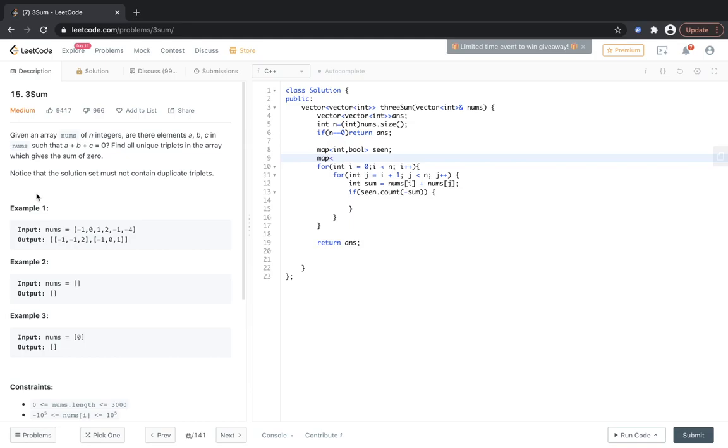since we need to return a unique set of elements, like we cannot return 0 0 0 multiple times. For example, in the very first example that I said, if we have an array like 4 times 0, then 0 0 0 is the only triplet that we can get out of this. So when do we get this triplet?